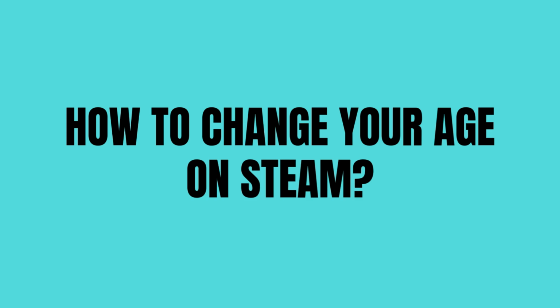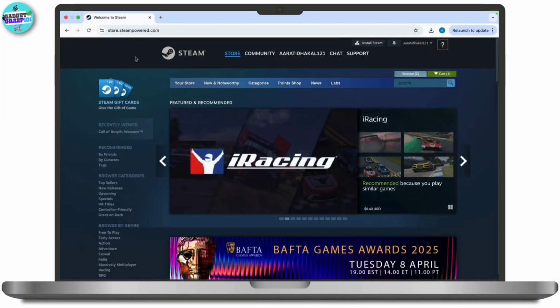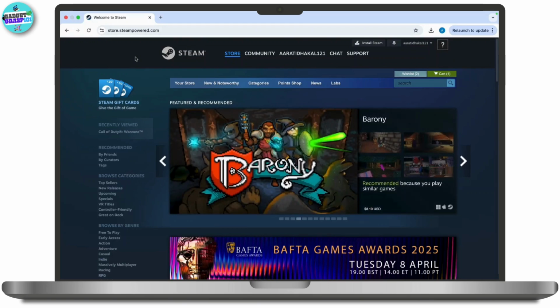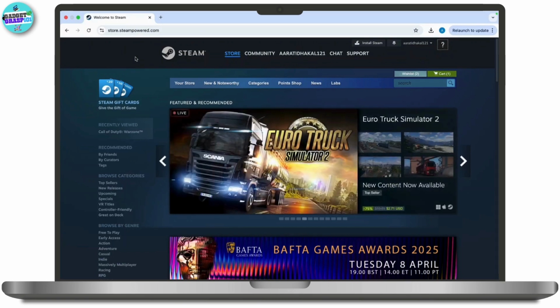How to change your age on Steam. Changing your age on Steam isn't as straightforward as just editing a profile field, but here is a real way to change your age depending on what you are trying to do. So let's get started. First of all, open Steam in your browser and make sure that you are logged